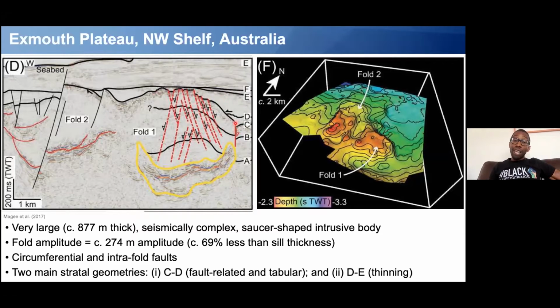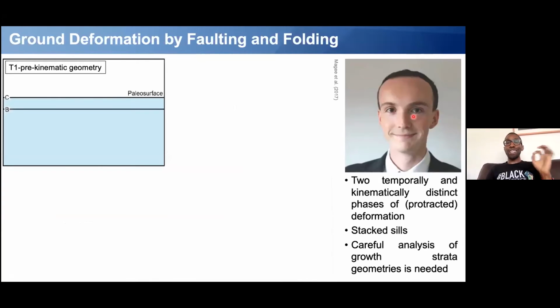So it looks like you had an earlier phase of fault-related deformation associated with emplacement of this sill, and then a later phase of inflation of the fold, which is then recorded by thinning of the package between D and E. So this was a stratigraphic record, and I remember doing this work with Jonathan Hardman. He was the poor PhD student at the time, and it was a real headache. And this was the best model we came up with for this particular